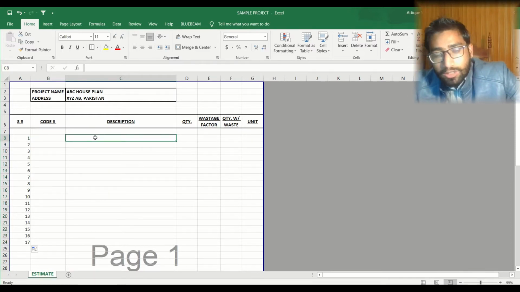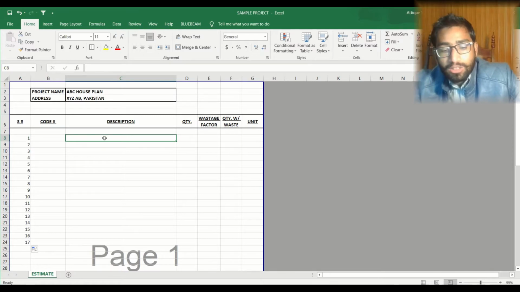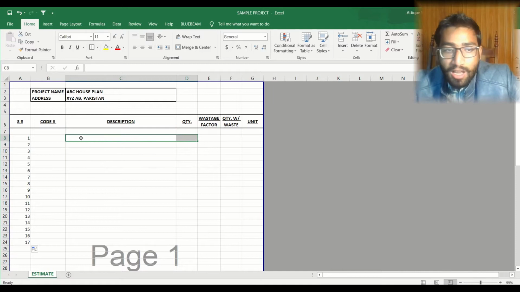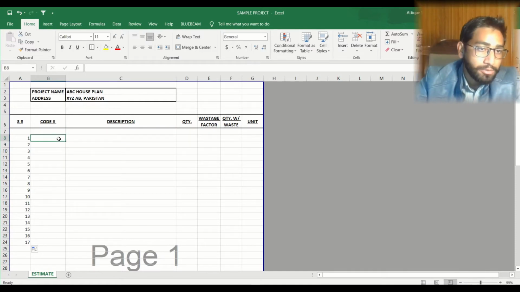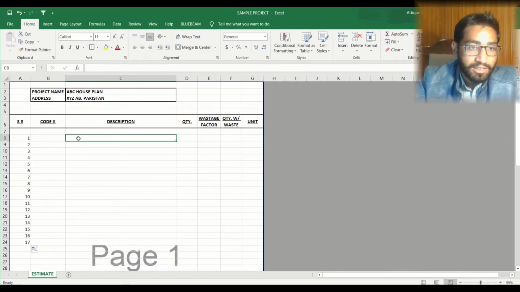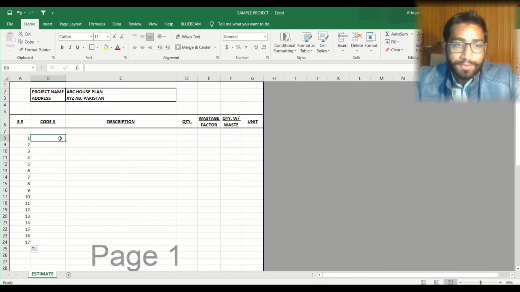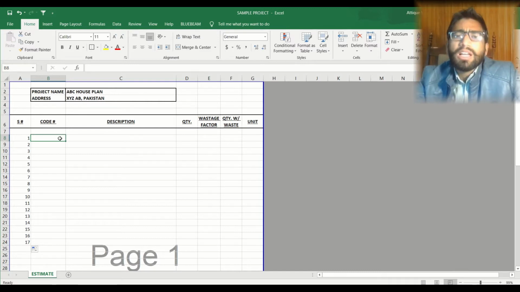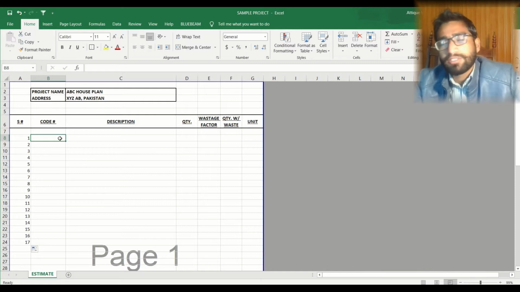So if you are going to excavate, if you are going to write your description of the work which you are going to estimate, you will be having some code number of that quantity in the building code. Simply let me simplify it. In the building code, we have already defined some code numbers to different tasks of the project.